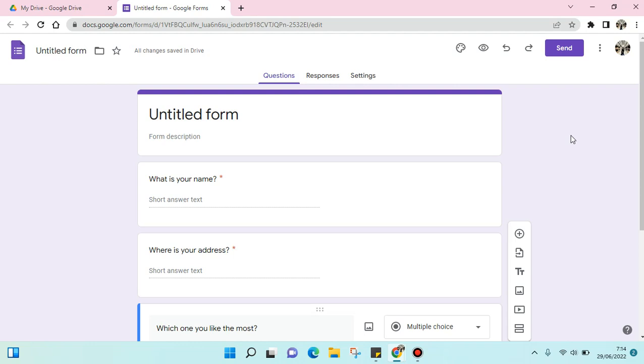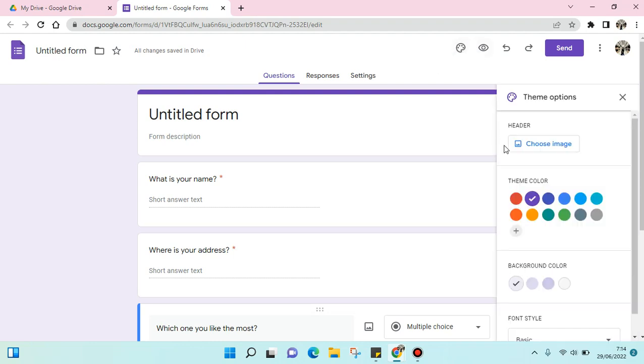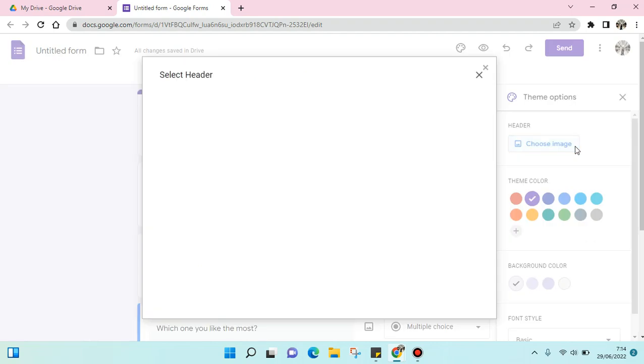On today's video, I'm going to show you how to add a header into your Google Form. As you can see here, my Google Form is blank like this, and I want to add some header into the form. So what you need to do is just go to this customize theme option at the top of the form, and you'll see the header option. You can just choose an image here,